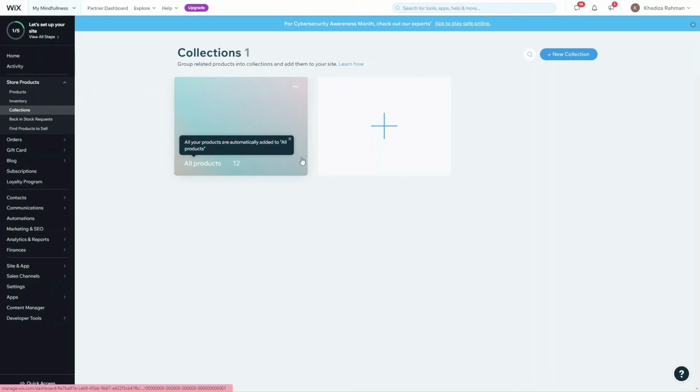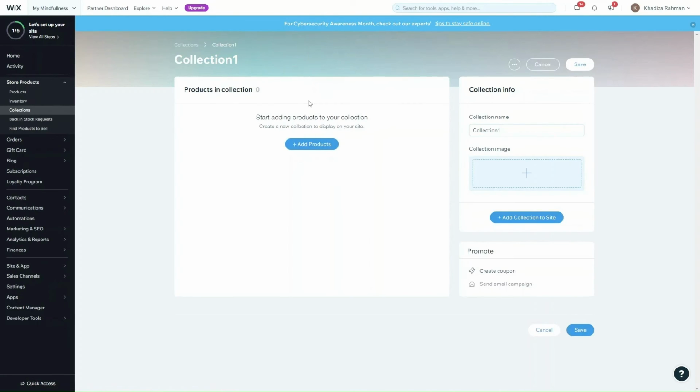Right now we don't have any. So what we'll do is click this plus sign to add a collection, or you can just click the plus sign up here and click add new collection. If you have lots of collections, you can search with this toolbar here for a specific collection if you want to edit it, or you can just scroll down and look for the collection that you have. So you want to just click add new collection,